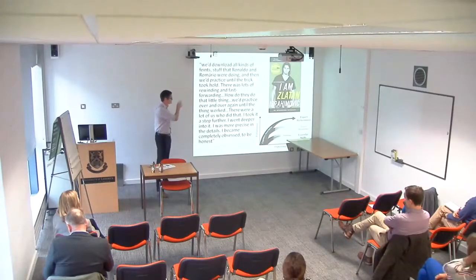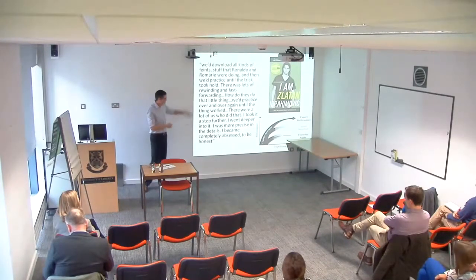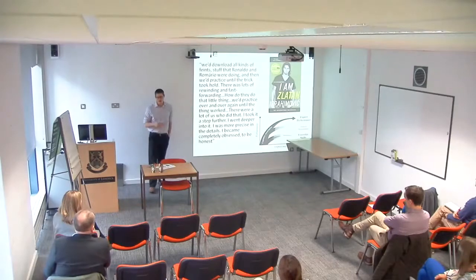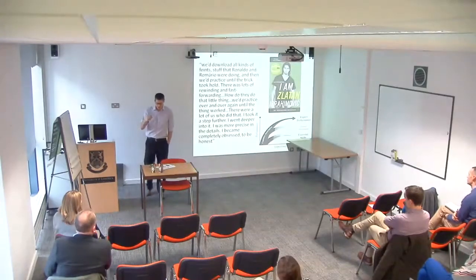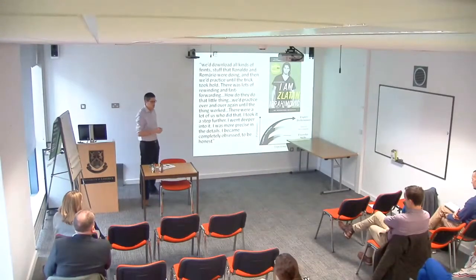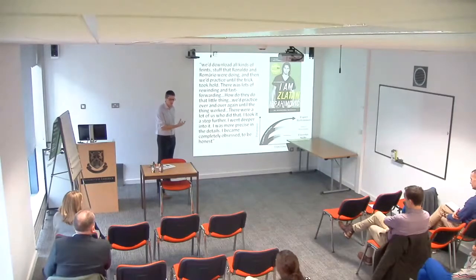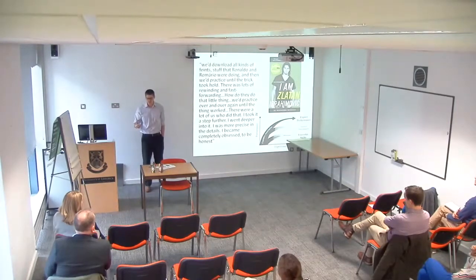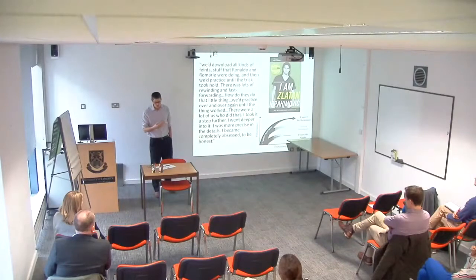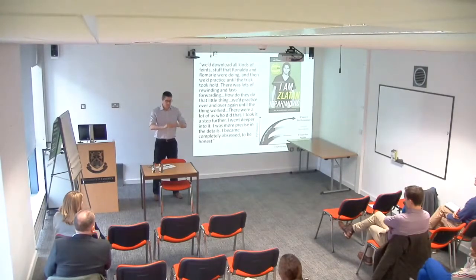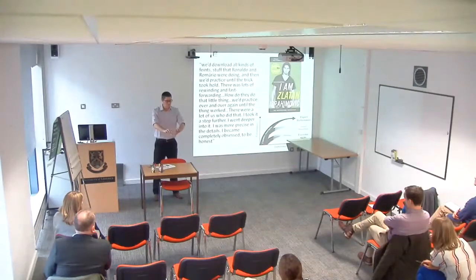Before I get to the decisions, this is just an example of a section from an autobiography, and it illustrates how there are different levels at which you can read these autobiographies and make connections to research and theory. On the one hand, the student might read this and go, well, Zlatan practiced a lot. Okay, that puts you right here at the bottom of the scale.